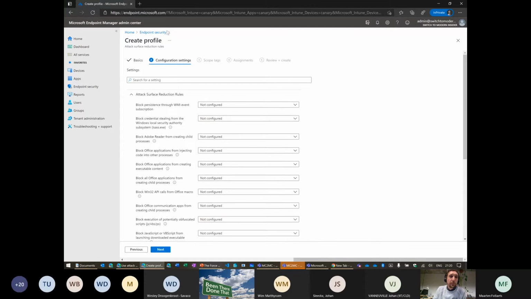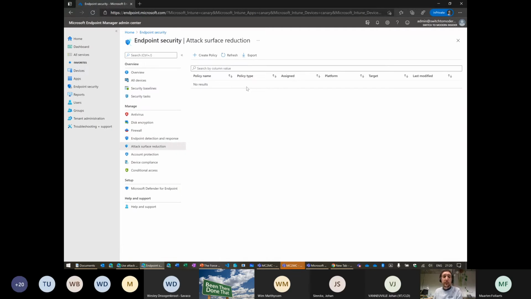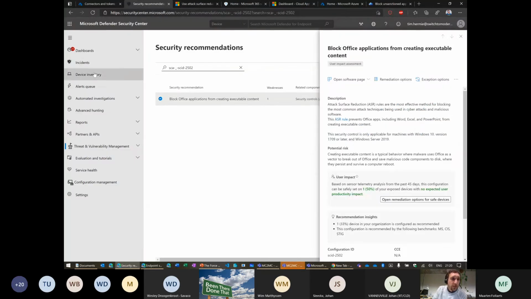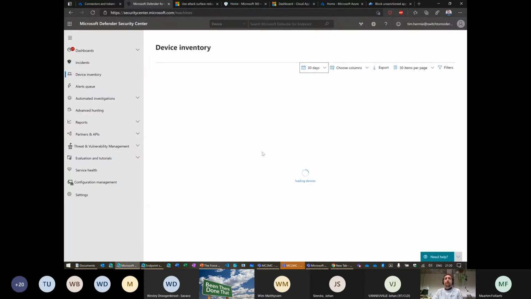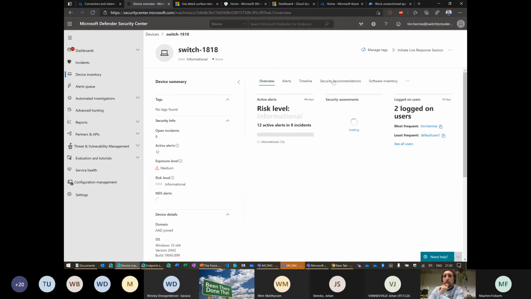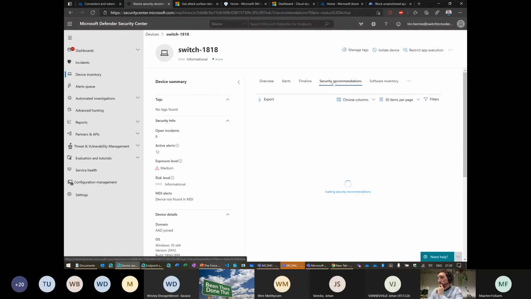So you can see this here. This is one of the examples that I was going to show you. Let's find another one now, another security recommendation. Let's go back to my device. There we have it. Security recommendations.